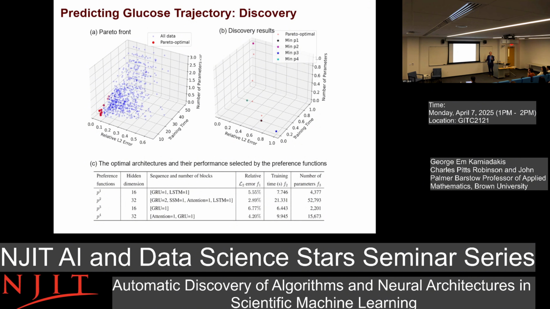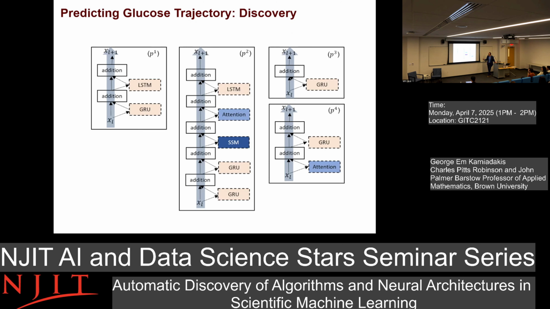So that's a very simple idea, but the key idea, and also very useful because it depends on your point of view. If you are working in an insurance company, if you're a scientist, an NASA scientist, or if you're a civil engineer, you have different criteria on how to do this, what is optimal. And here are some of the architectures we discovered, as I said. You can see these are composite architectures. And also remember, we also modify the interior of these modules, not just the sequence and the number. And this was for the accuracy, and this was, I forgot what that was.